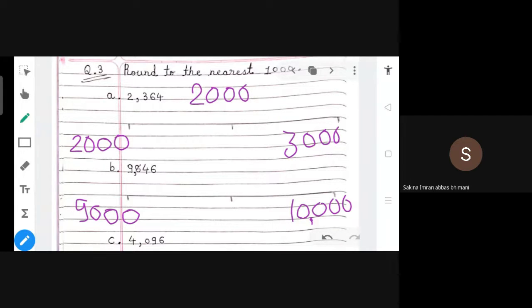And I forgot again, who wants to give the answer. Salma, you can say that our question is nearest to which number, 9,000 or 10,000? 10,000. So this number is close to 10,000 because you can see it's 800, means more than 500. I told you that if it's more than 500, then it's near to that other number which you have selected from the after number.